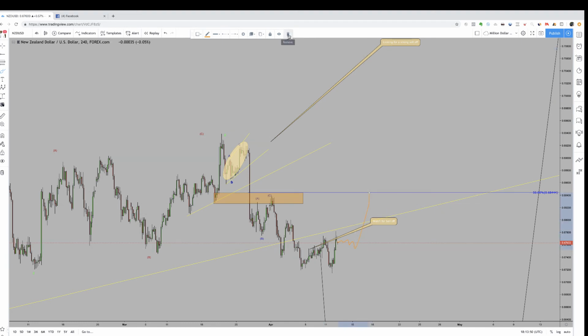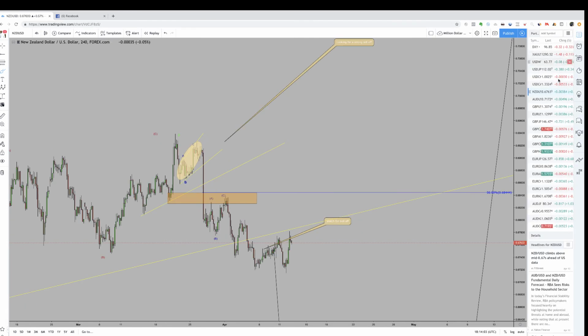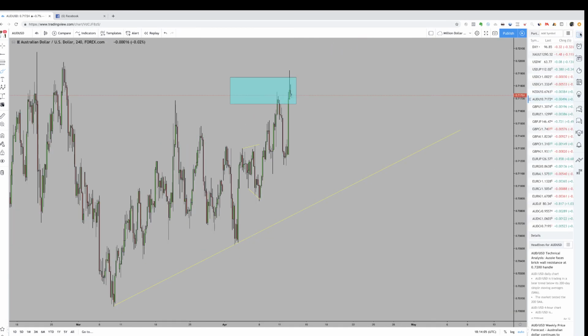When we play it, I'll update it in the Telegram group. If we get an initial push to the downside, watch for something like that for price to continue lower. No clear setup right there on Kiwi dollar, but if you are in the Telegram group, you will get updates on it. Aussie dollar,